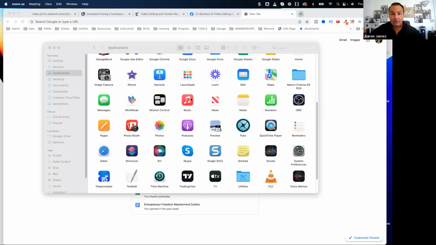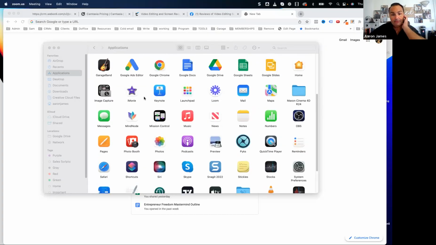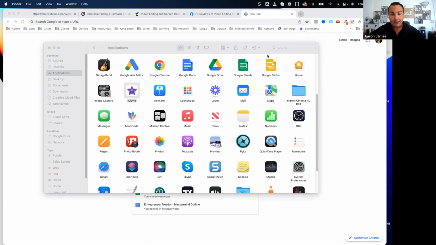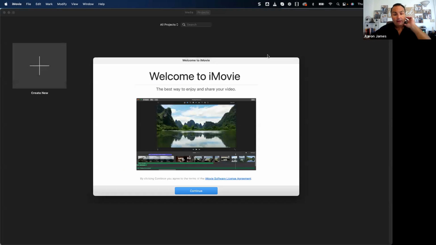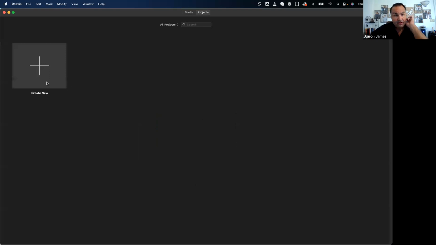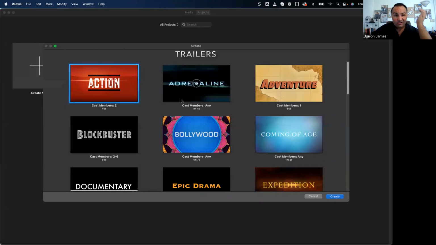And the first one that I want to tell you about is, if you have a MacBook, this is where I started. I literally started with iMovie myself. I bought a MacBook, and it's free. So it's free on there. And what you do is you come in here. It's pretty simple. They have all of the templates like this. You can see, look at this, create a trailer, and literally you can just pick one of these, which is one of the first things I did for a client. I just went in there and I just picked one, and then all you got to do is put in